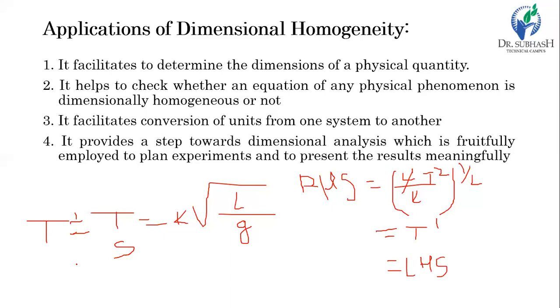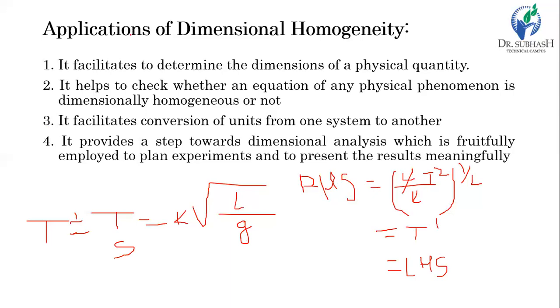So this is just an example. You can take any of the equations used in any flow parameter, particularly speaking. You can also take V is equal to under root 2gh. You can take Bernoulli's equation we have derived earlier. You can take a velocity equation, acceleration equation, any equation. So these are all dimensionally homogeneous equations. When you reduce the parameters of that equation to fundamental dimensions, then the power of each fundamental dimension on both sides must be equal.